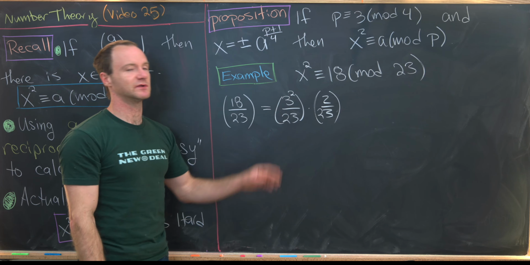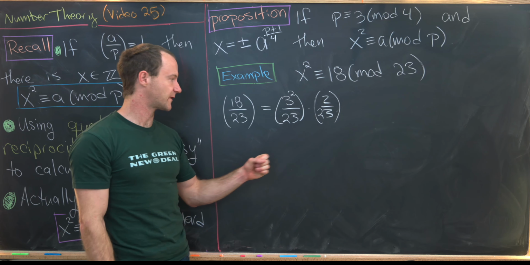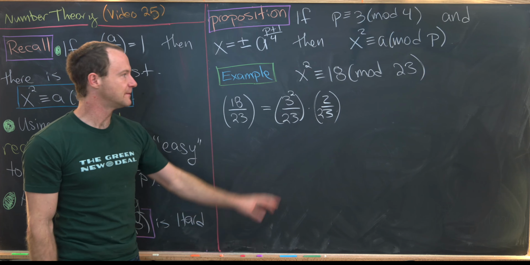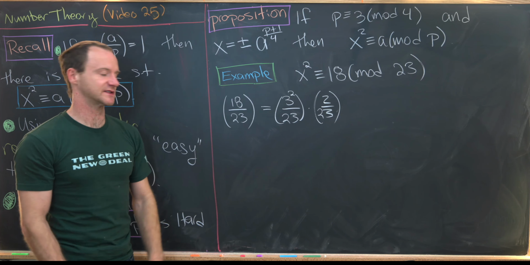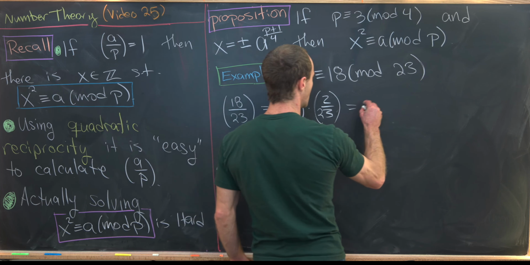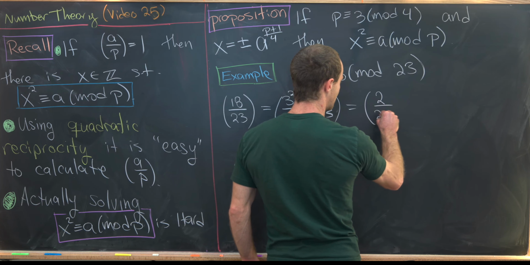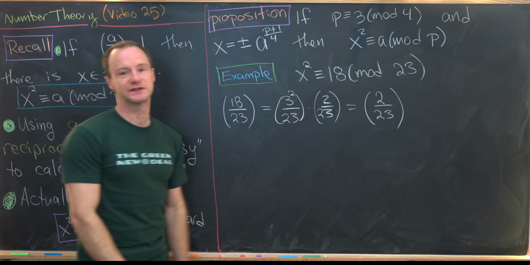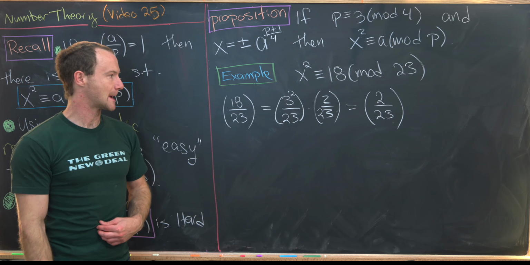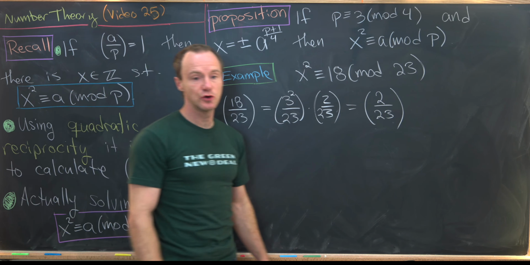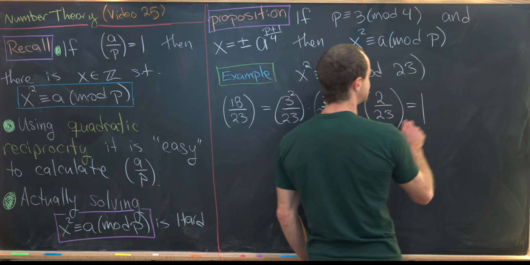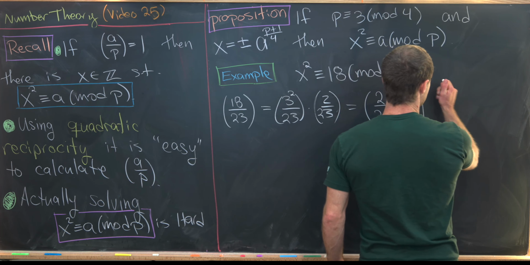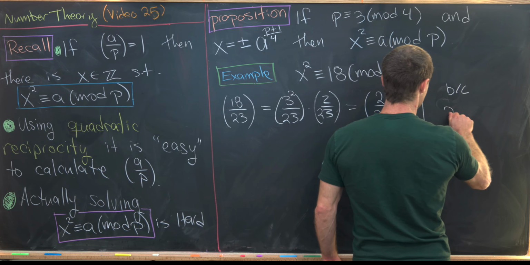Remember, the Legendre symbol is a question: are you a perfect square mod 23? 3 squared is obviously a perfect square. So that means all we need to worry about is (2/23), because the output of this will be 1. Okay, but now let's notice that (2/23) is most definitely equal to 1 because we know that